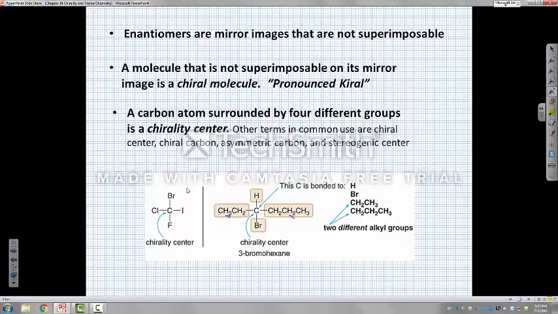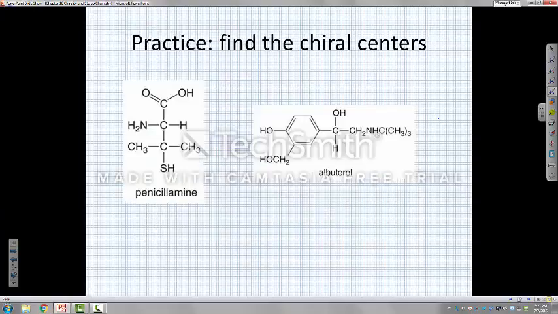Or you also hear these terms: asymmetric carbon, a stereogenic center, or a chiral center. There are some other atoms, just a few other atoms that exhibit this property of chirality, but it's pretty uncommon, and we'll just stick with carbon. So where are the chiral centers in these guys? If you want, you can pause it and take a look, study these real quick, and see how they are arranged and figure out which ones are chiral. Remember, you must have 4 different atoms or groups